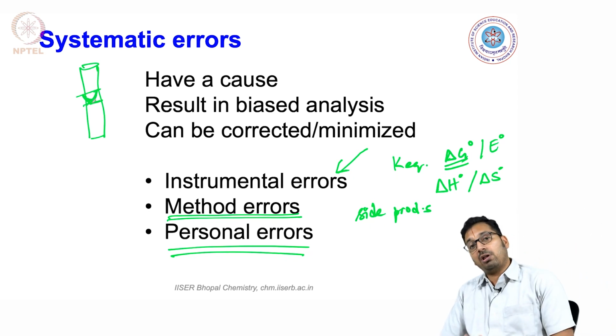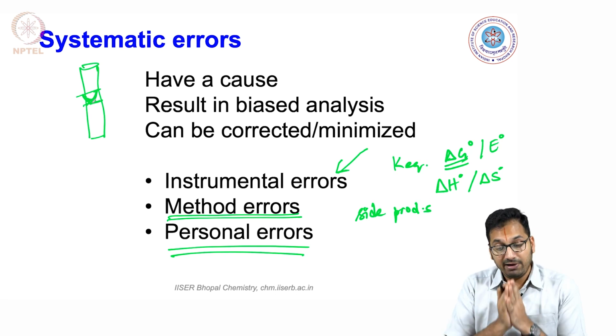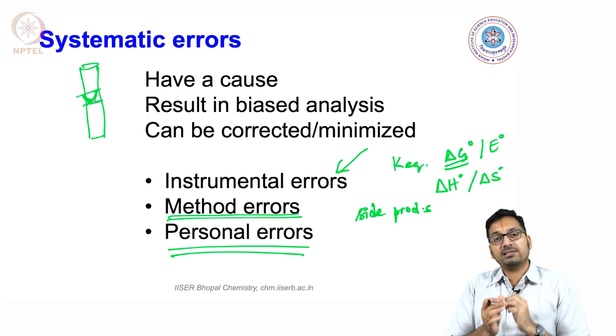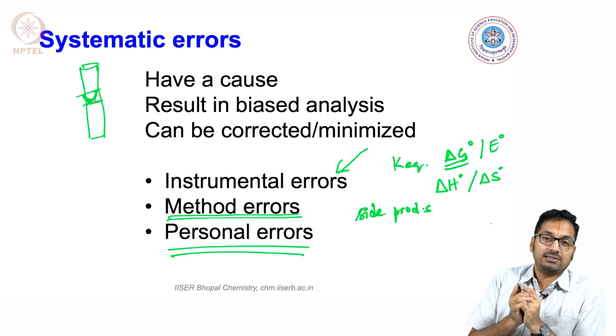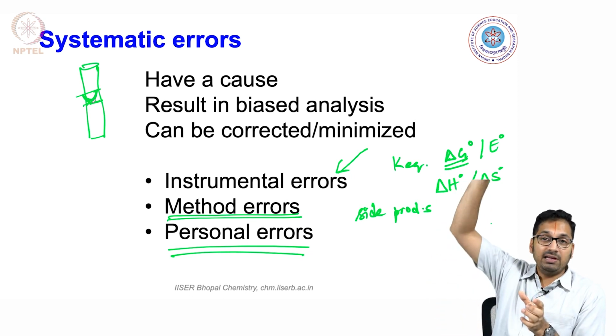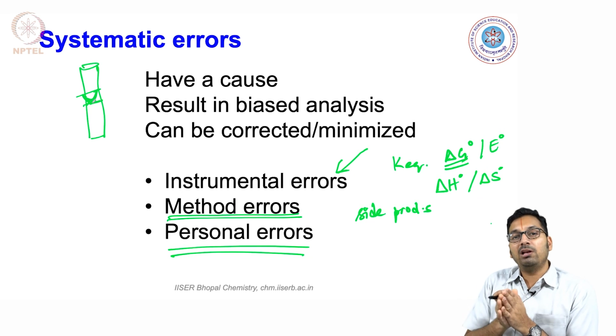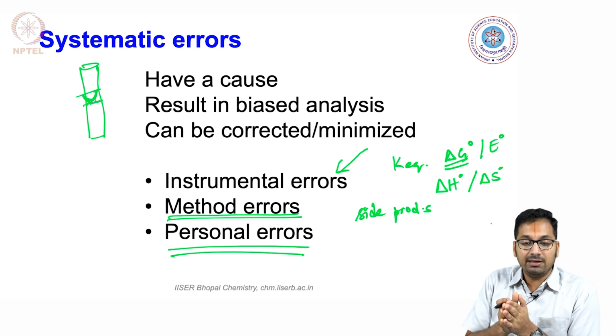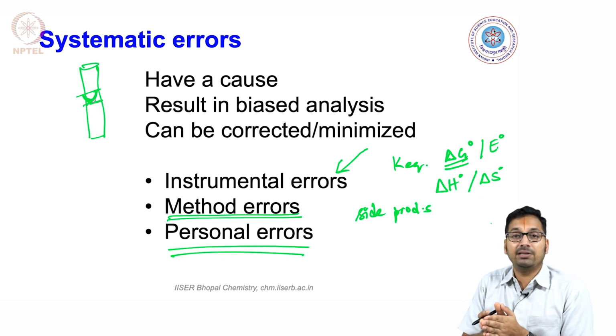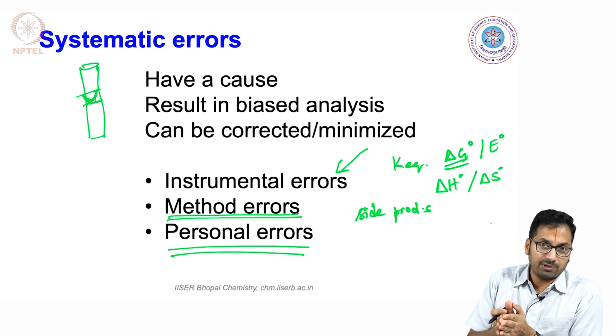Or on the other hand, you could also make a personal error where, if you are using the burette, the last portion of the burette, which does involve a certain amount of volume, is not properly used in the first step, meaning that when you are filling the burette, you might not have filled the bottom part, and when you are titrating, the volume change would be higher, indicating more concentration of the analyte that you are trying to look at. That could also be personal error.